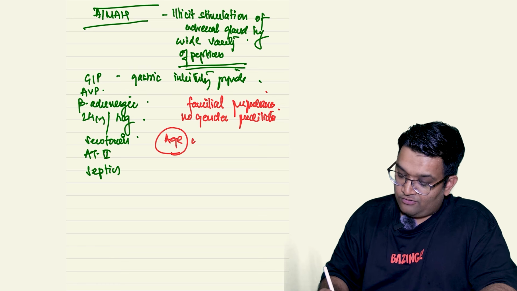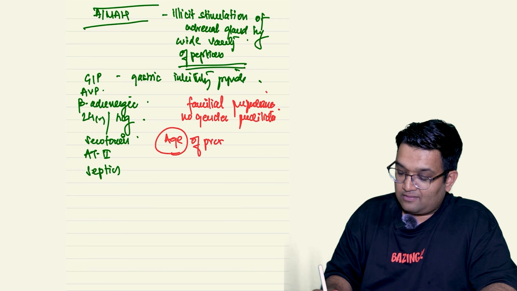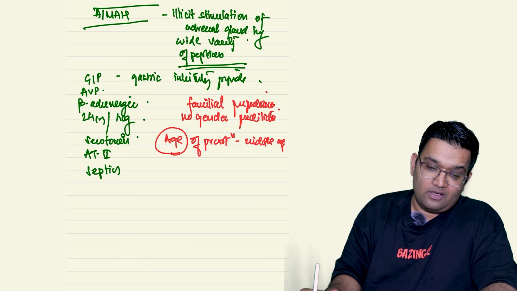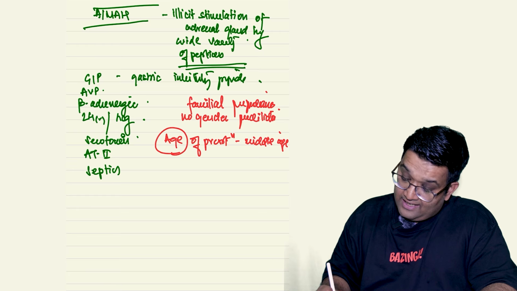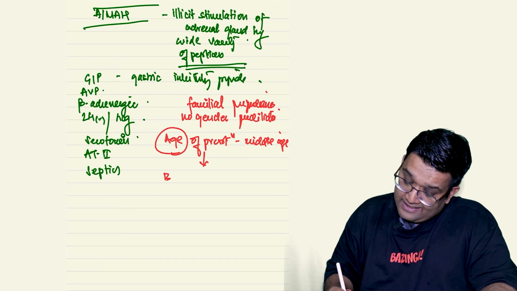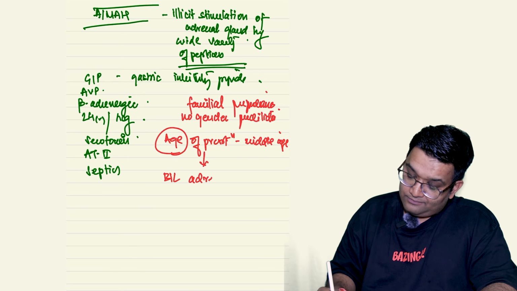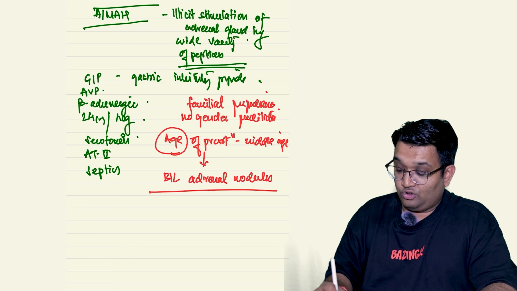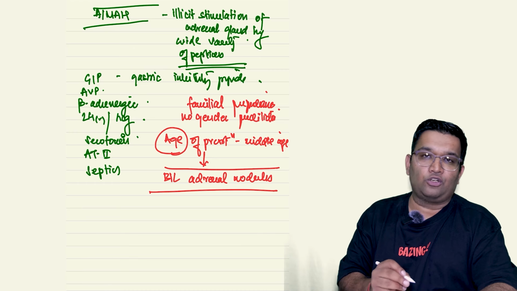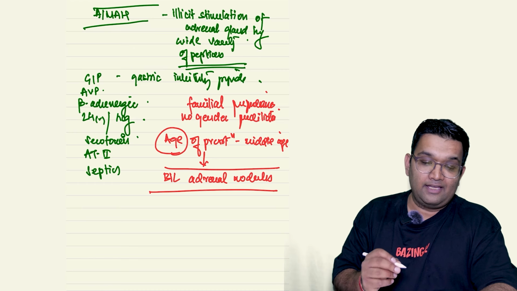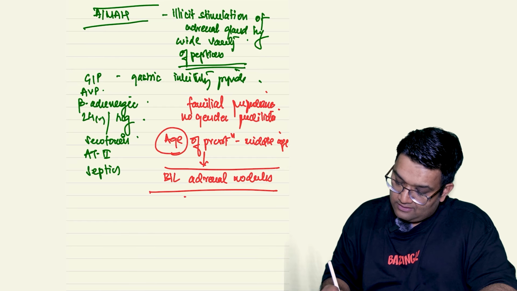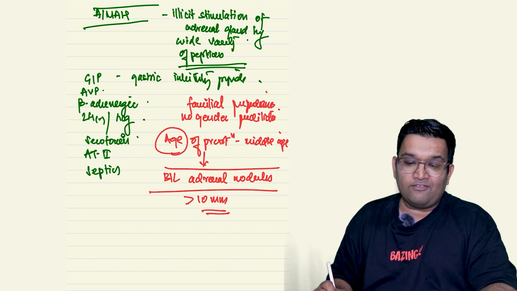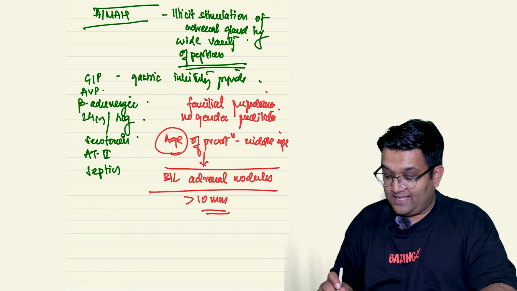Here the age of presentation is middle age. Then they have bilateral adrenal nodules. There we saw that it was a small nodule of less than 5 mm. Here we see that they are more than 10 mm and they have nodular hyperplasia